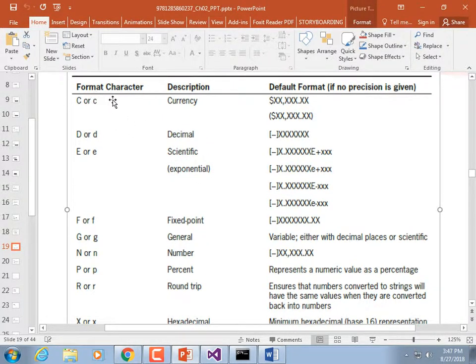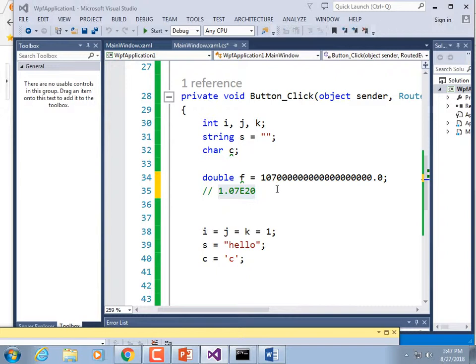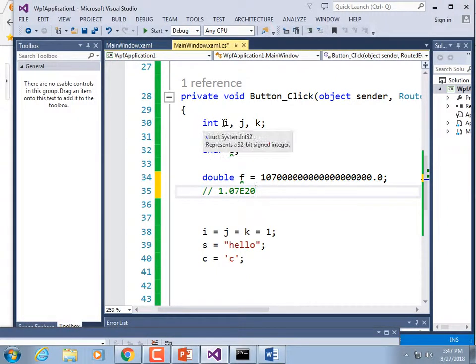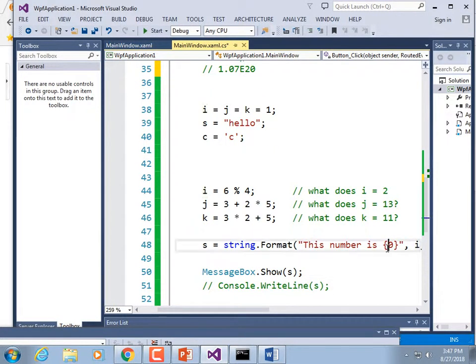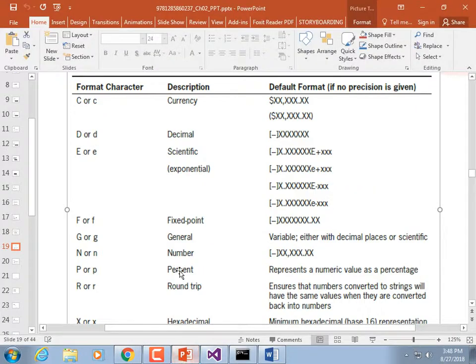So you can specify that something is going to be currency. If it's going to be currency, it will put a $ in front of it, and it'll display 2 decimal points after it. So let's pretend that one of our numbers here is actually supposed to be displayed as currency. So down here in our string.format, where it says this number is that, we're going to specify that it's supposed to be displayed as currency. The fashion that we're going to do that,